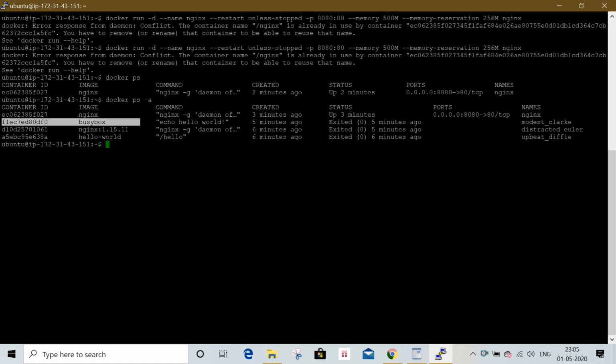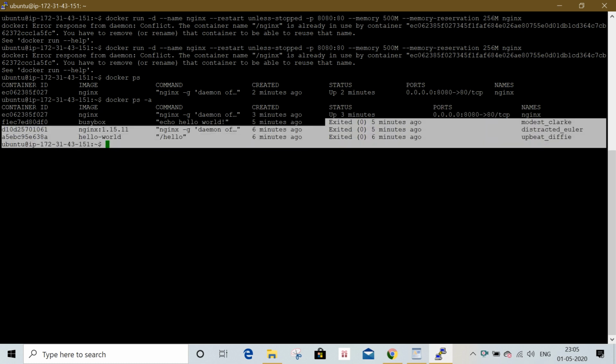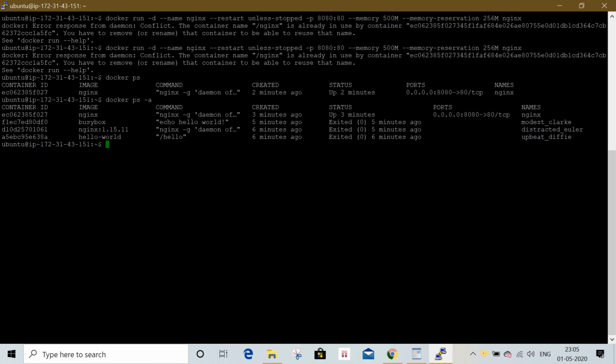You can see here only one nginx container is running, and the rest of the 3 containers have exited. Then we can see how it is working or not.